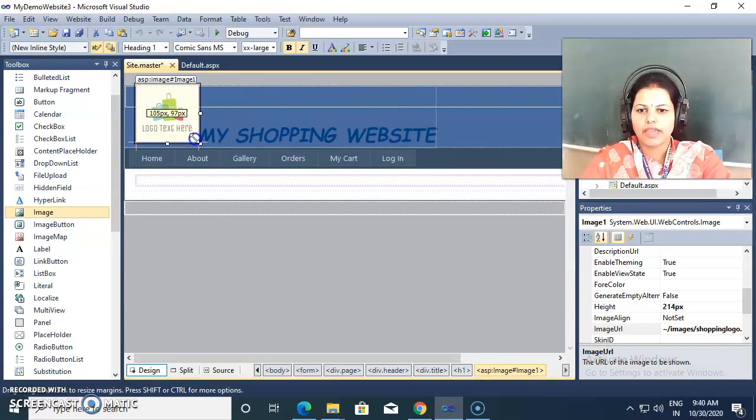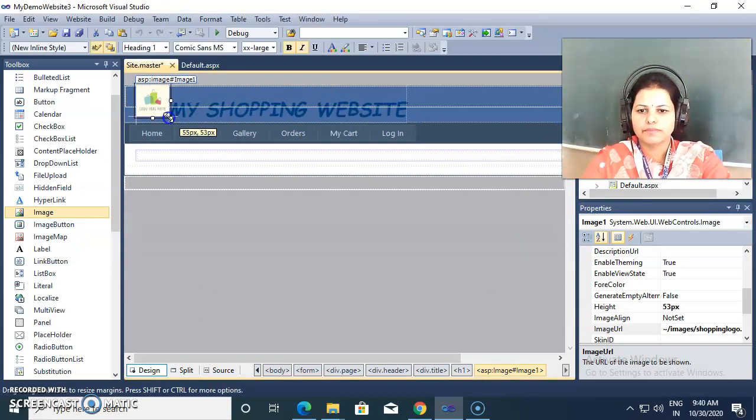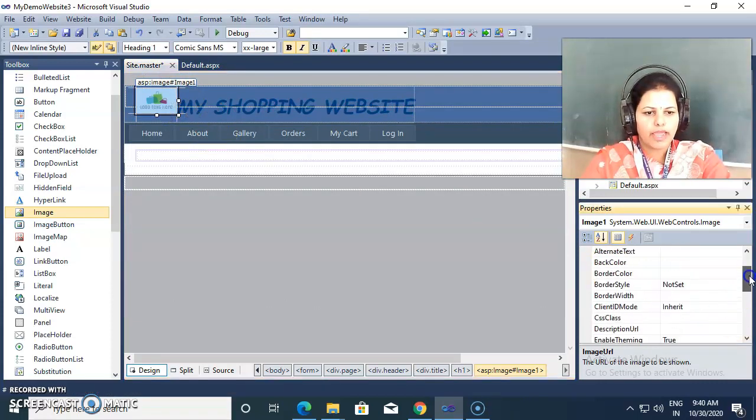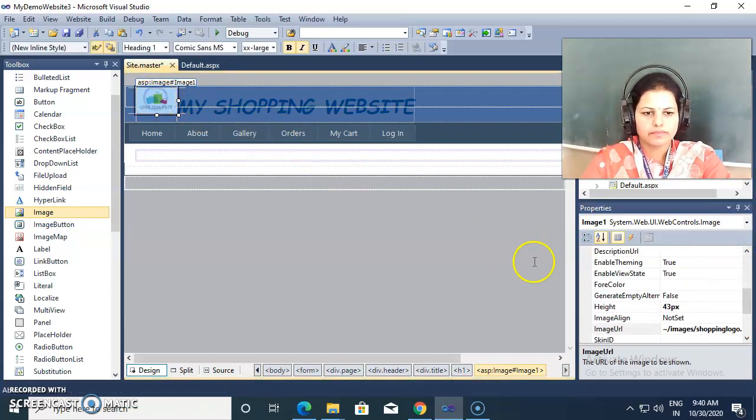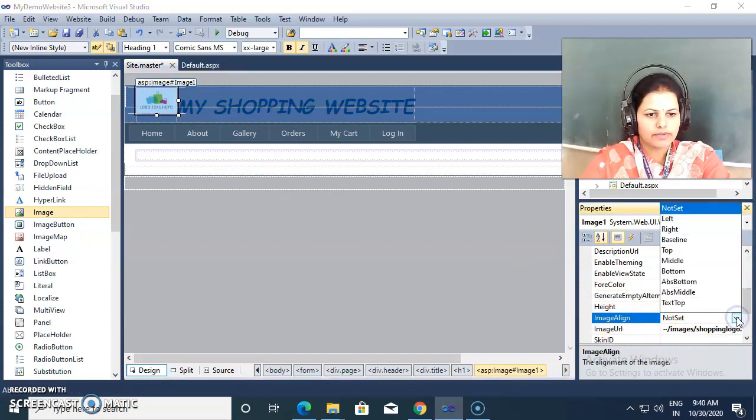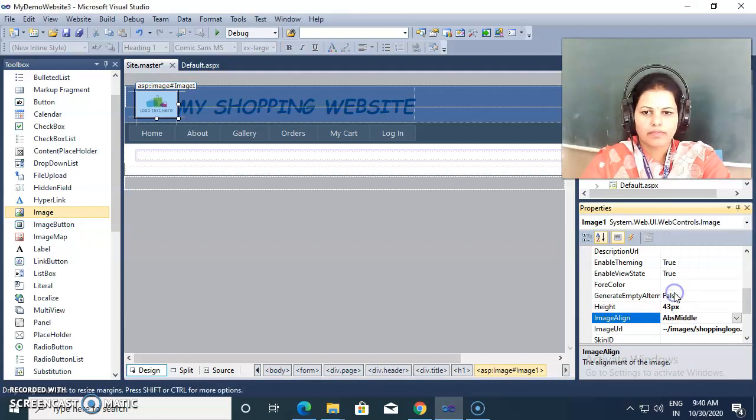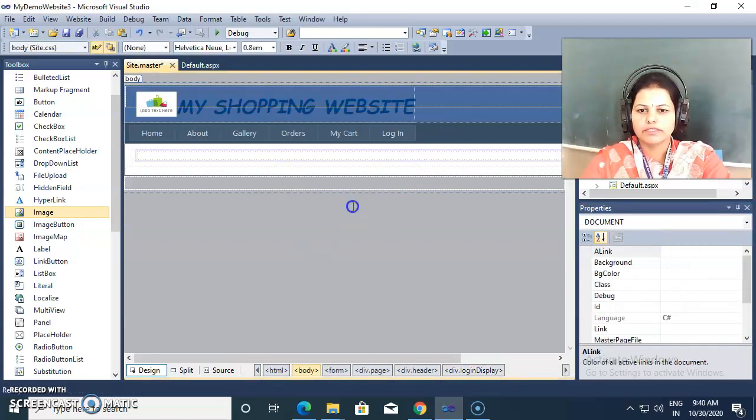I am changing the height and width. Now the alignment property we can change. Image align, not set, and I'm setting this.